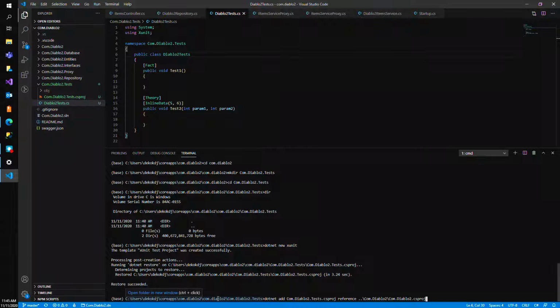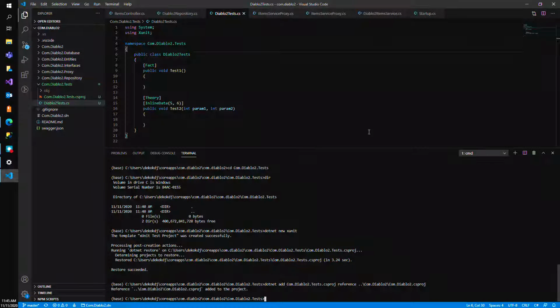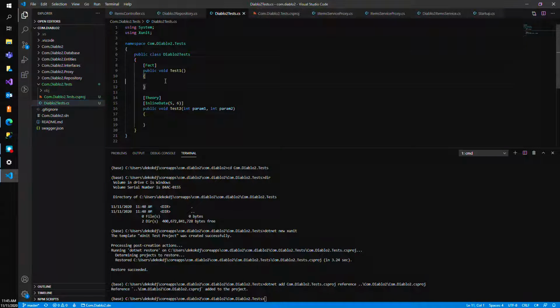I think this is where I want to be. Okay. I added the reference, so now I should go back to my CS proj and it should be there. Okay, so now I have a project reference and I'm looking at my com.diablo2 project there. So now I should be able to go back to my tests and I should be able to say,